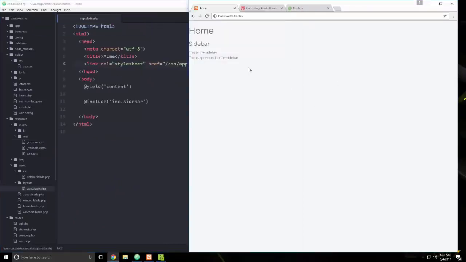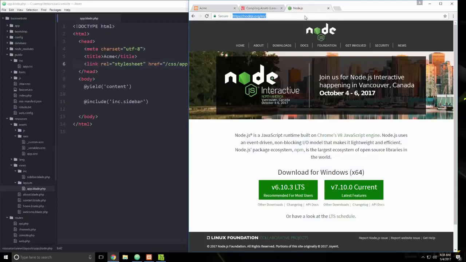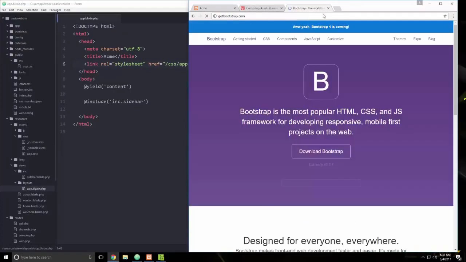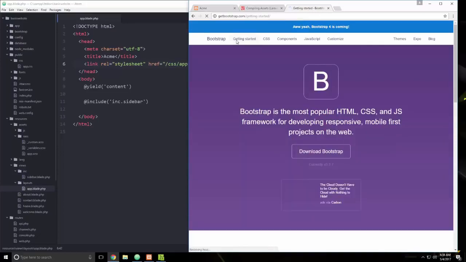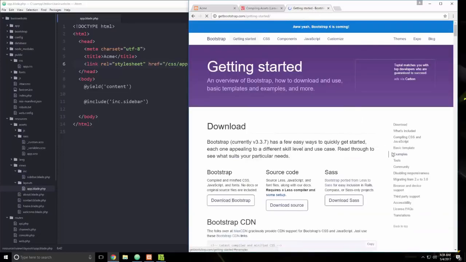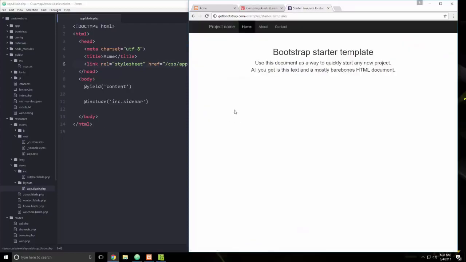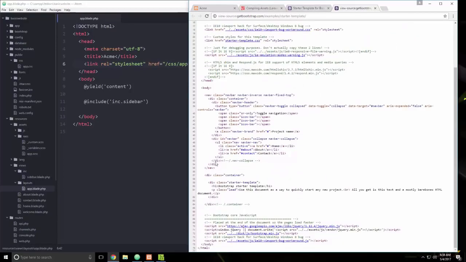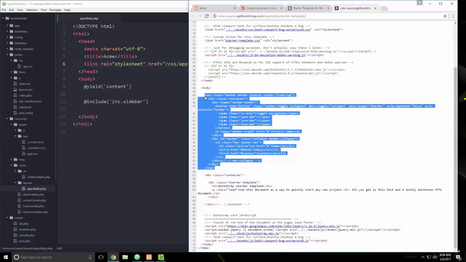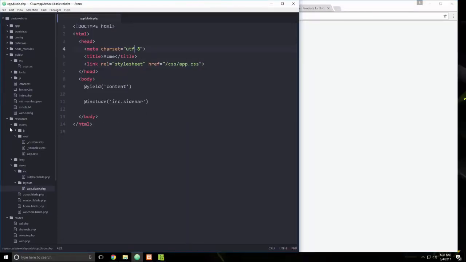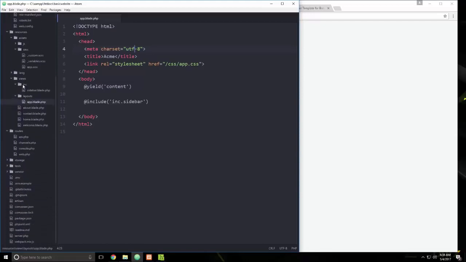Next thing I want to do is add a navbar. So let's go to getbootstrap.com, and we'll go to getting started and then examples, and I'm going to click on the starter template here and then do a Control U, and we can just grab this nav tag here. This is usually what I do instead of just typing it out. So we'll grab that, and let's go to our application, and I'm going to put this in its own include